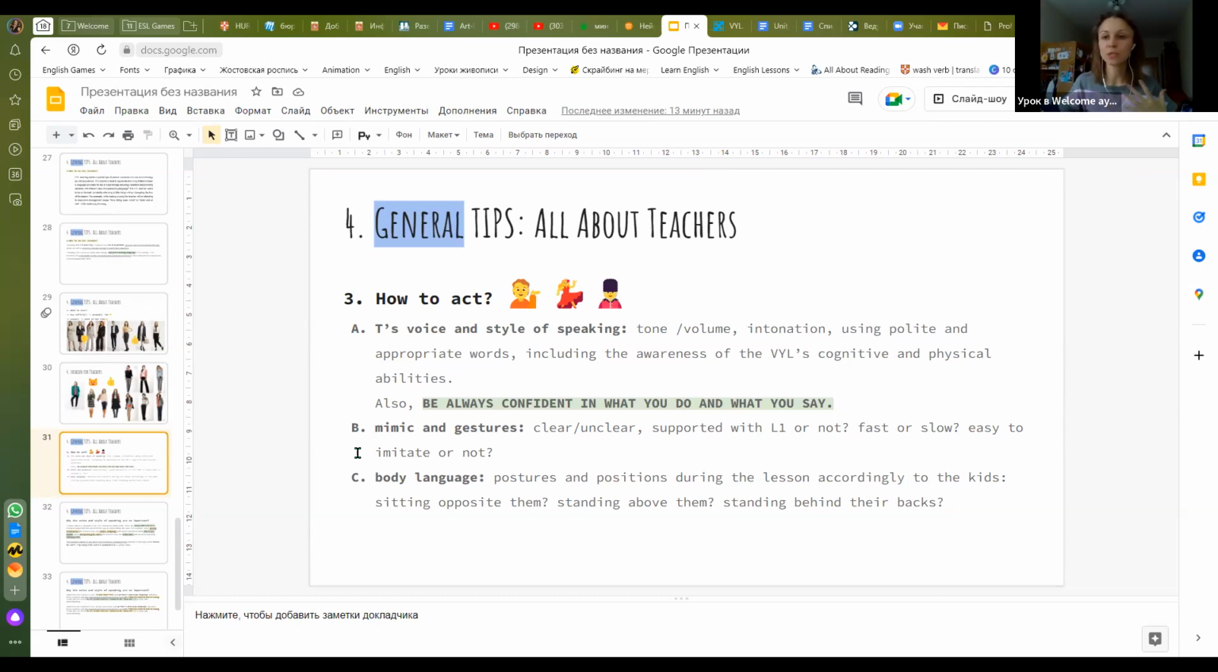And what about your body language? Do you change your body position? What are your postures? How do you sit or stand? Are you standing behind their backs or can they see your face? I would recommend you always stay where they can see you, yes? If it's a teacher-classroom